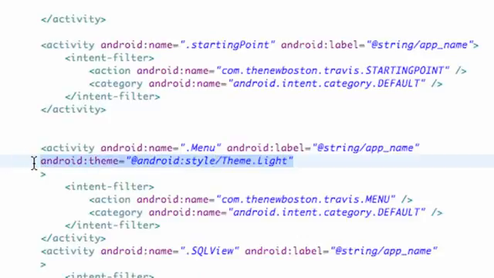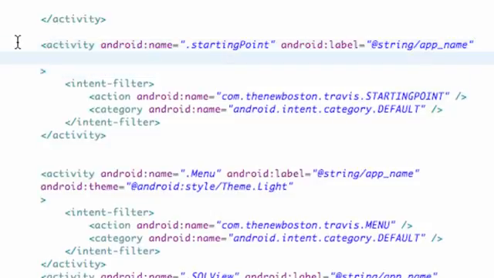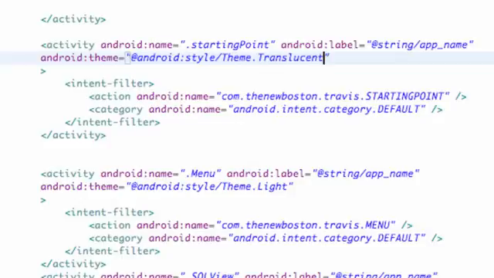Again, I'm just going to copy this line of code and go into our starting point activity, and give us some space within the opening bracket here, paste, and what is another theme called? Well, we have translucent. Really hope I can spell. I knew I should not have recopied that light one. Alright, so there we go. There's the translucent one. That's the clear background. You can see behind it, all that good stuff. And lastly, at least that I know of, there's one called just black, which is basically just a black background. Sometimes by default